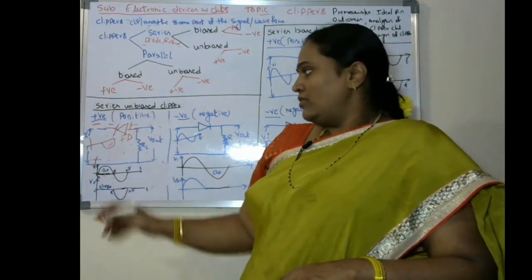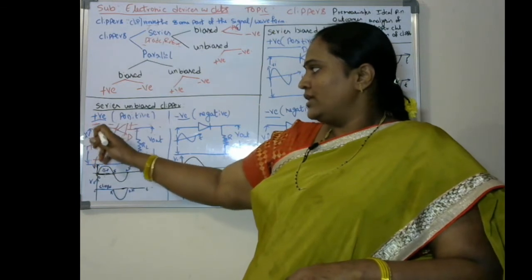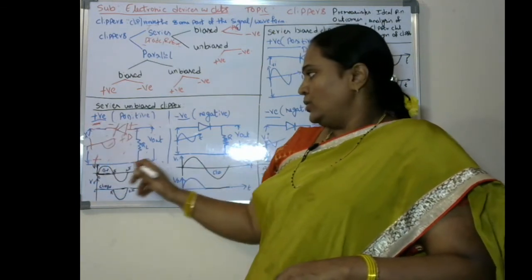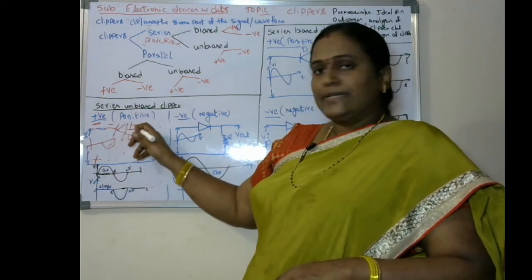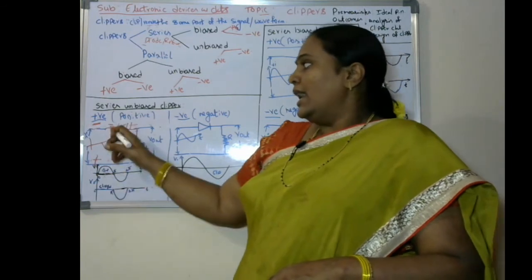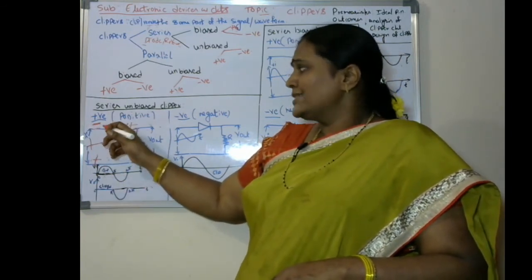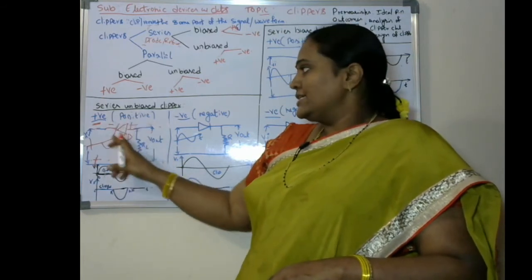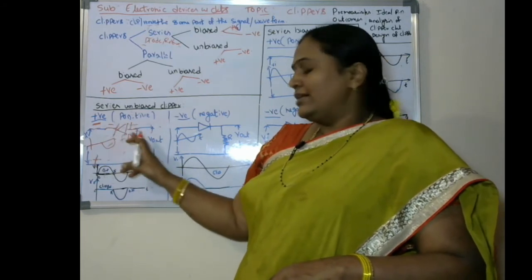So why is it the forward bias region? For the negative cycle, the supply here goes negative and here it goes positive. So the P type of the PN junction diode has been connected to positive, and the negative input signal has been connected to the N type of the PN junction diode. So the same polarities have been connected, so the diode is in the forward bias region.